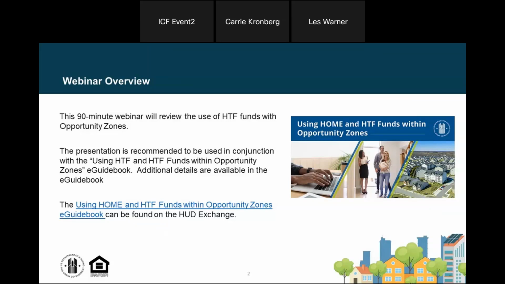So I would really encourage you to look to the HOME and Housing Trust Funds within Opportunity Zones guidebook, which can be found on the HUD Exchange. This is a live link that has been included in the slide for you, and we will have a couple of resource pages throughout this